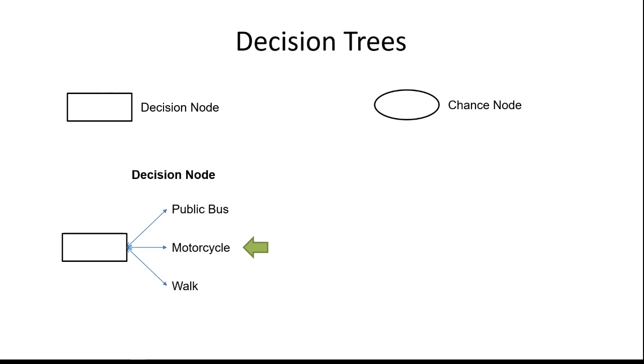However, in the case of a chance node, it's a bit different. Let's say you bought a raffle ticket. The lottery ticket has a 10% chance of winning $100, a 20% chance, or 0.2, of winning $20, and a 70% chance of winning nothing. Assuming that these three are the total possible outcomes of this lottery ticket,